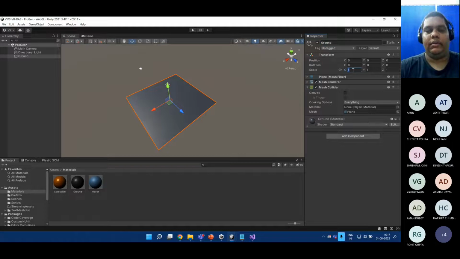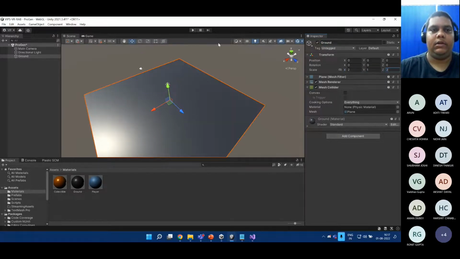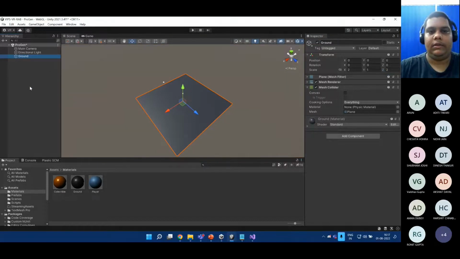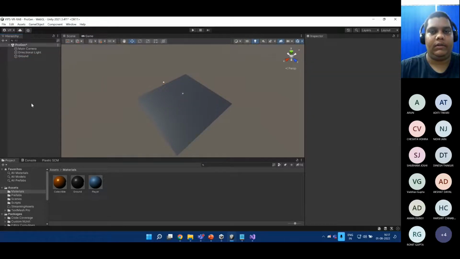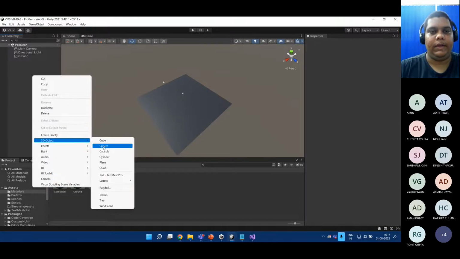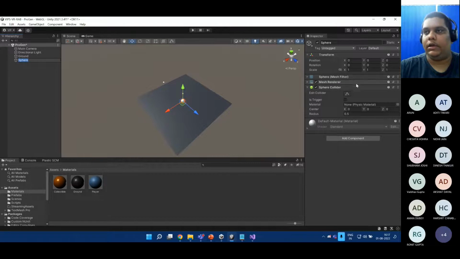And then let's make this a bit bigger, 2x2 maybe, right? And that's it. That's our ground. And let's create a flare. So flare would be a sphere, and flare would be,